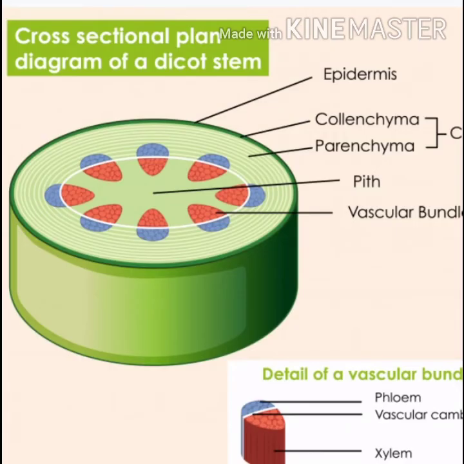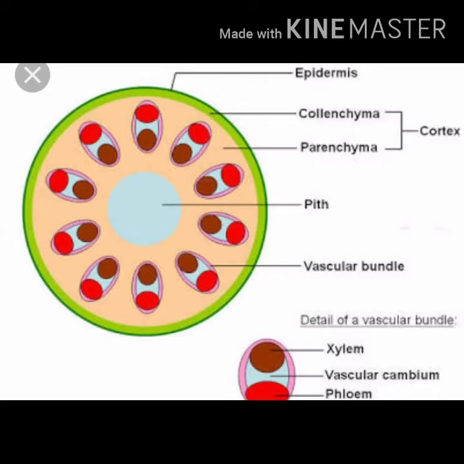Okay, so first of all let us look at the epidermis. Epidermis is the outermost layer, the protective tissue found in almost all soft parts of the plant. Soft parts: the soft leaf, root, flowers, buds, soft stem. Soft stem means the green colored stem. It is generally single layered and the cells are arranged without any intercellular spaces. All the cells are so tightly arranged, there is no space.